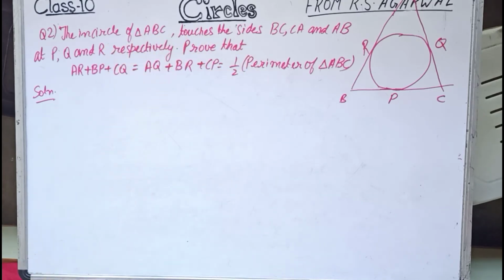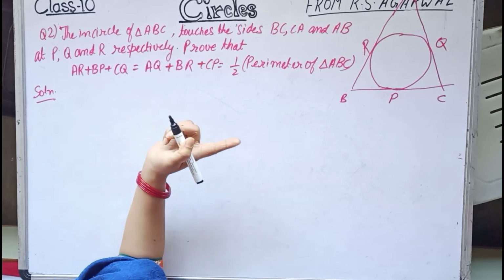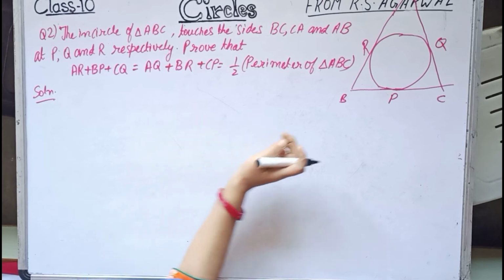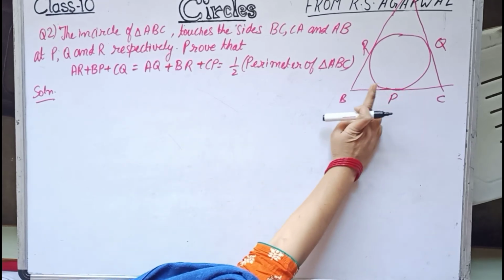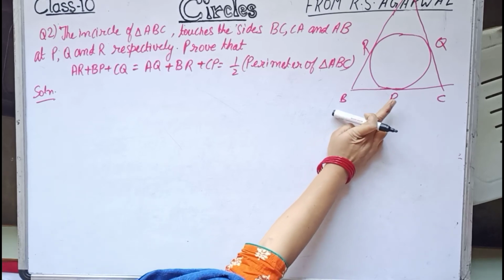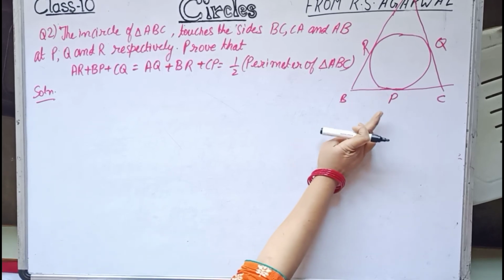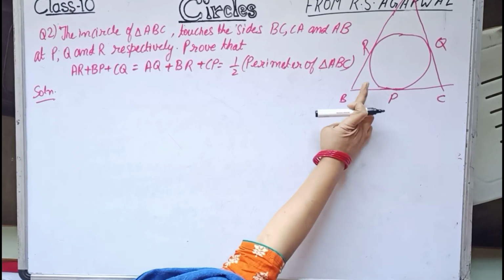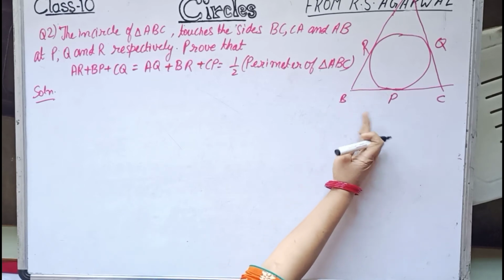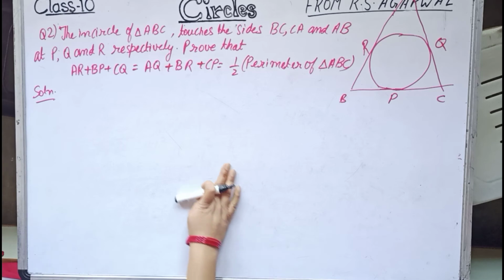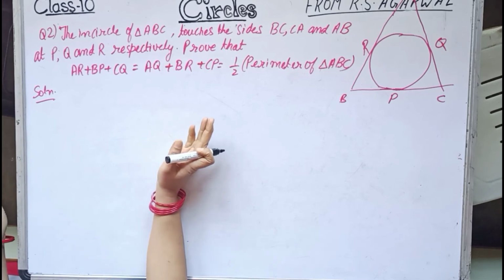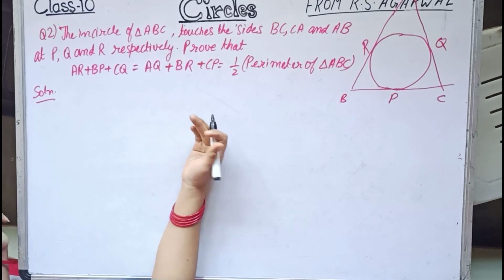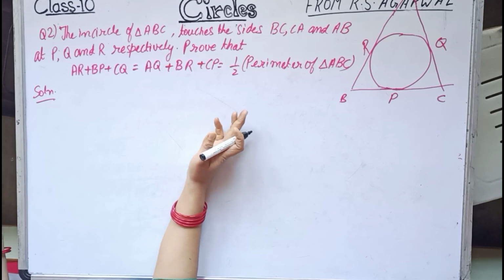So first, with the thing which is mentioned, this means the introduction of the question. From there we will take out the concept. So since the incircle is touching the triangle ABC at the points P, Q and R, therefore BC, CA and AB are tangents to this circle at the points P, Q and R respectively. Now the length of the tangents drawn from an external point to a circle are equal in length. Therefore we can write BP is equals to BR, CP is equals to CQ, AR equals to AQ. And children, you can notice that in most of the questions this only concept is used in the chapter circles. So by adding and doing the suitable arrangement, we will be getting the required result. So let us start.